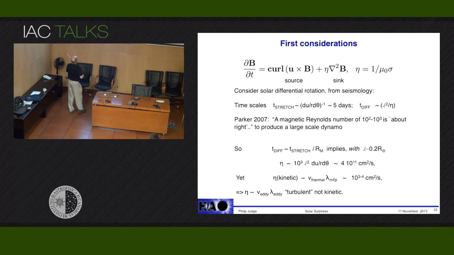And this gives us a time scale of about 5 days for the gradient in differential rotation as a function of latitude, just above the core region of the sun in the convection zone itself. So what does this mean? It means that in 5 days,